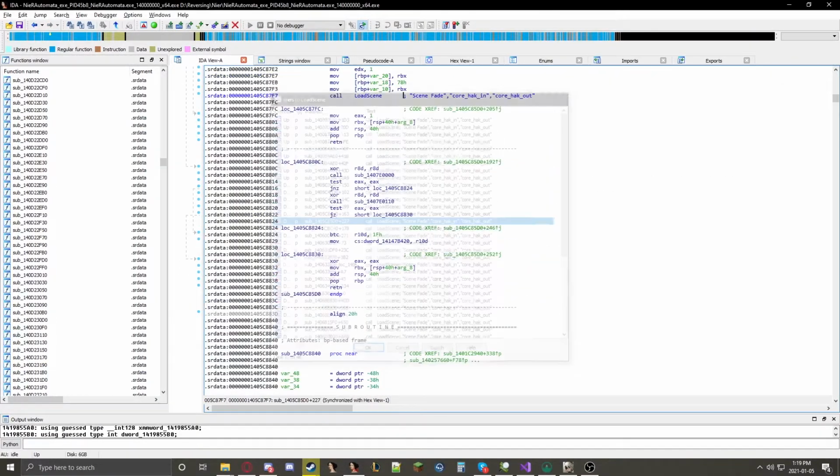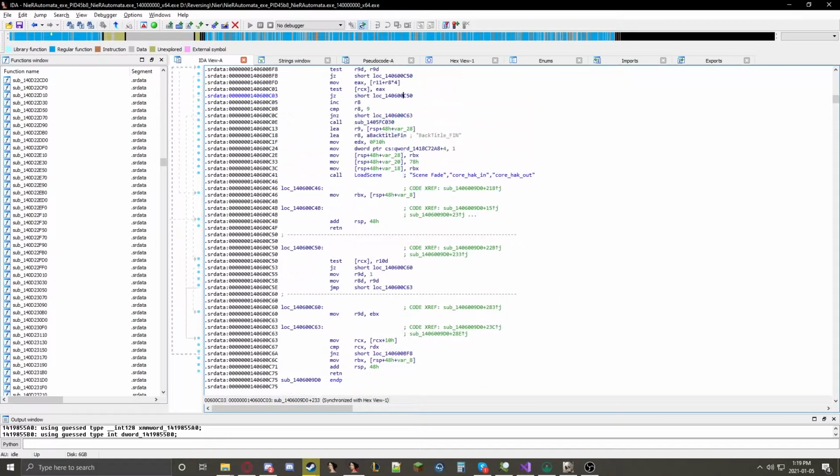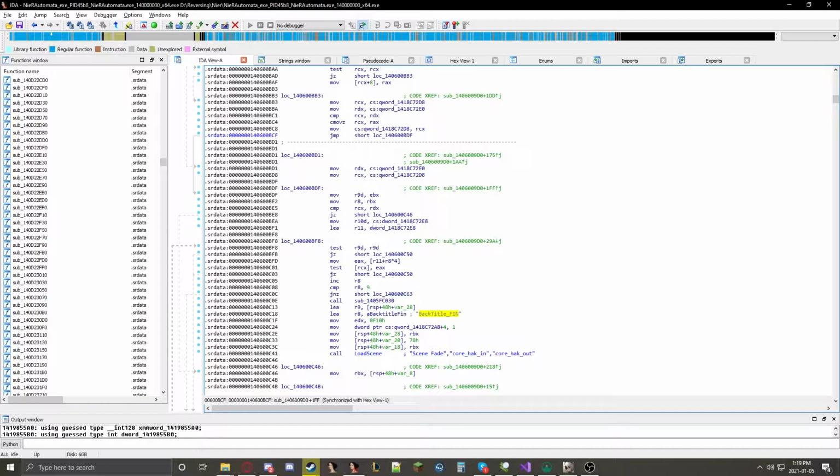We see a test room, which I've tested before, nothing there. See bunker, back title fin. Okay, so what is this, right? What is back title fin, and where does it call it? So this is obviously the final